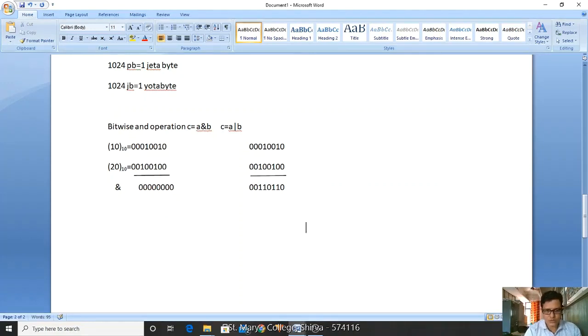So it is 2 power 0, next 2 power 1, next 2 power 2, because these are binary digits, right? Then 2 power 3.